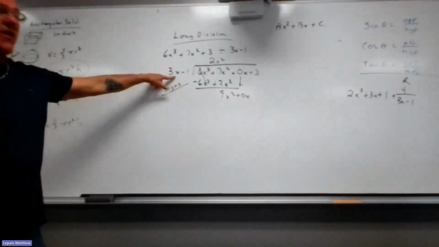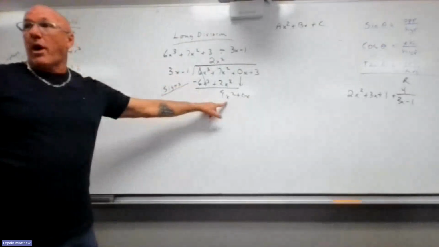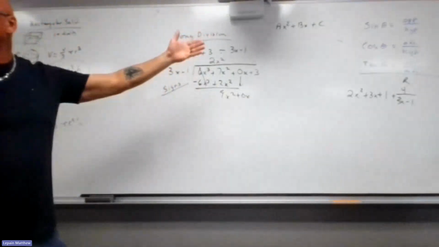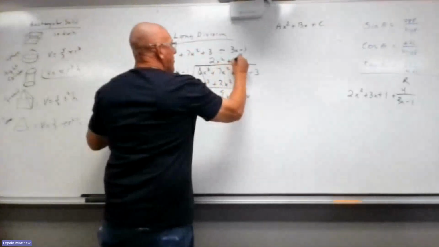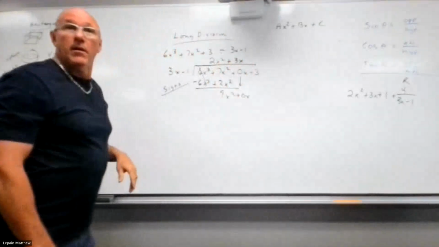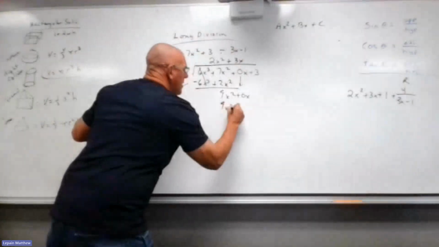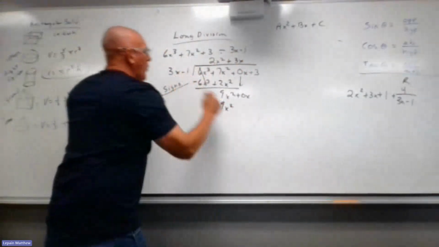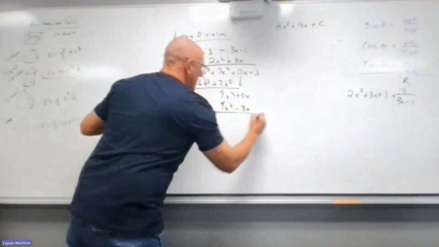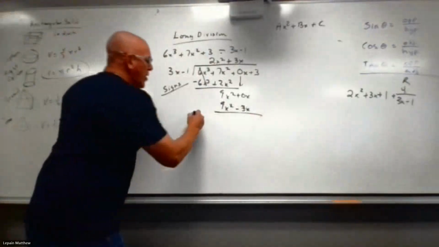What do I multiply 3x by to get 9x squared? That would be another 3x. So plus 3x. 3x times 3x is 9x squared. 3x times a negative 1 is negative 3x. Don't forget